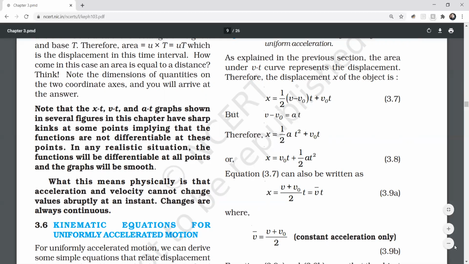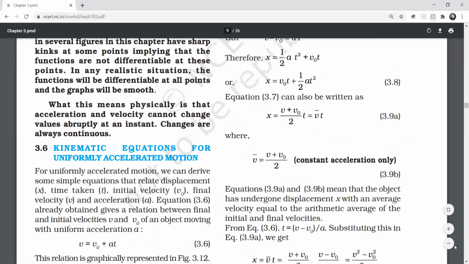आपको ब्रेक करने में टाइम लगेगा उसको. तो ये रियल लाइफ में एकदम स्मूथली आगे बढ़ता जाएगा, जो कि एक कर्व फॉर्म में ग्राफ बनेगा. So acceleration and velocity cannot change values abruptly. Changes are always continuous. मतलब अचानक से वो उल्टा नहीं हो जाएगा, वो धीरे धीरे होगा. तो अगर आप रियल लाइफ ग्राफ देखोगे तो it would be more curvy in nature as compared to what we are studying in this book.